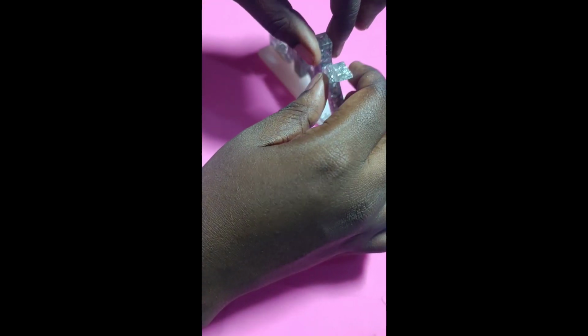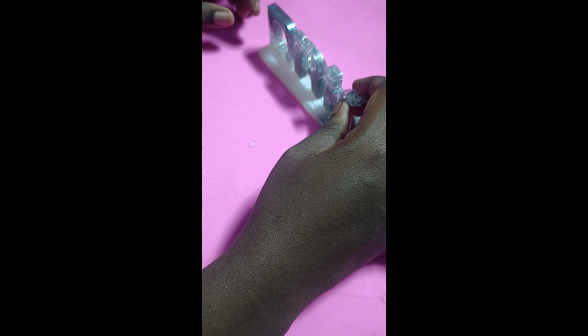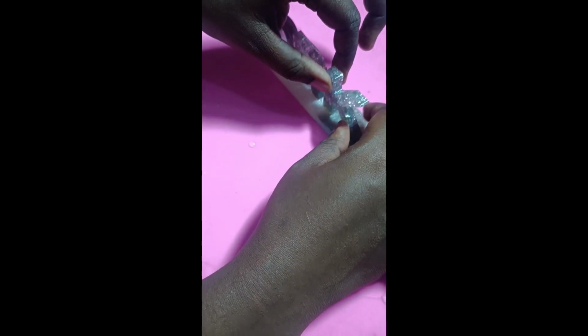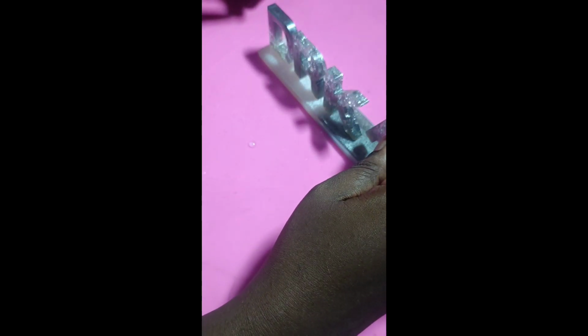And so here I'm fixing the alphabet on the mold. You can see the mold is already dry. I've already put the resin, so I'm just fixing it, and I allow the glue to dry for some